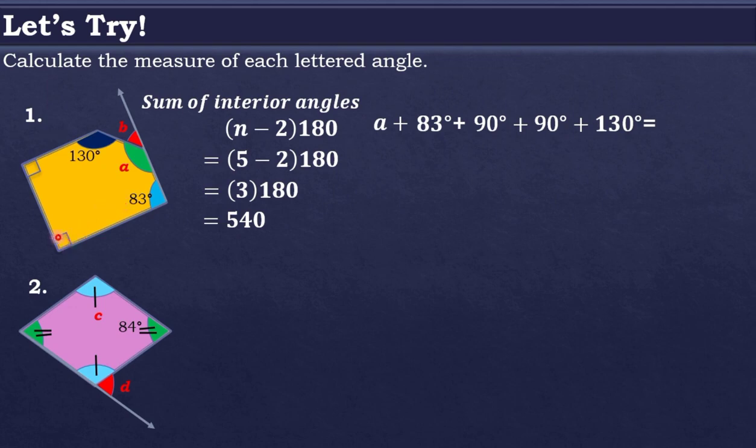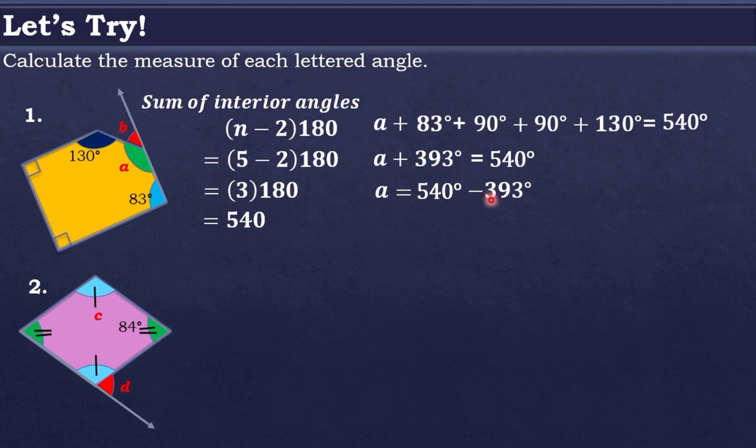Paano mo nalaman 90? Kasi merong mark. Okay? So, kapag meron tayong ganitong mark, may foot, ibig sabihin, 90 degrees po yan. So, ipa-plus lang po natin lahat. A plus 83 plus 90 plus 90 plus 130. Dapat mag-total siya ng 540 degrees kasi yun po ang sum ng interior angles ng pentagon. So, solve natin. So, A plus, kunin mo tong sum nito, is equal to 540 degrees and then minus natin. A is equal to 540 minus 393. We have A is equal to 147